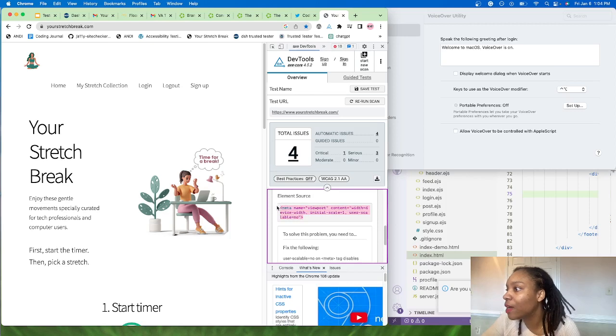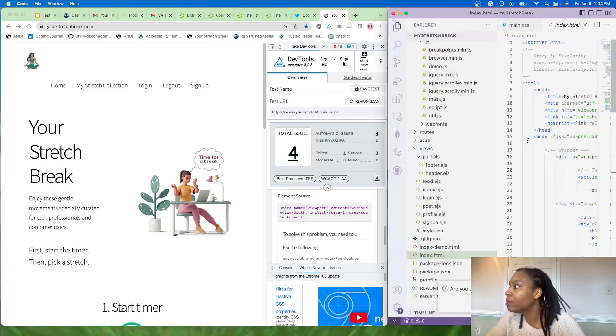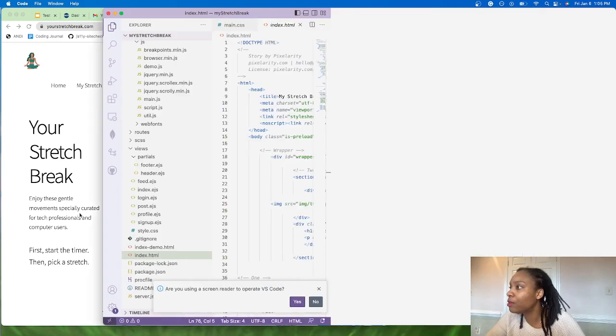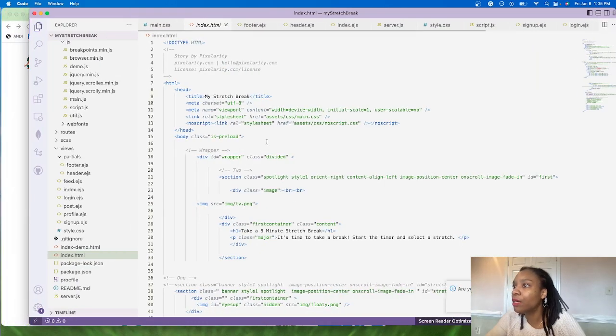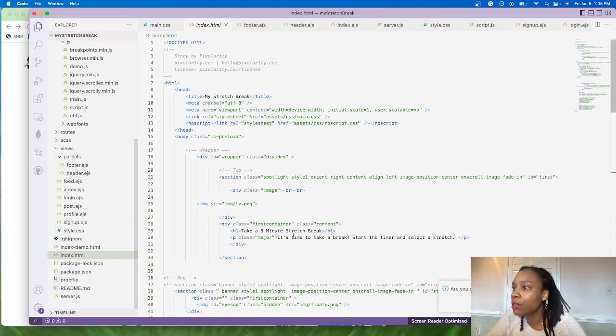Oh, look at that. It's found something on mine. User scalable. No, that's weird. All right, let's see if we can fix that real fast because I really don't want it to do that. Okay, so it shows me where it is. So that means I can pop over here and,